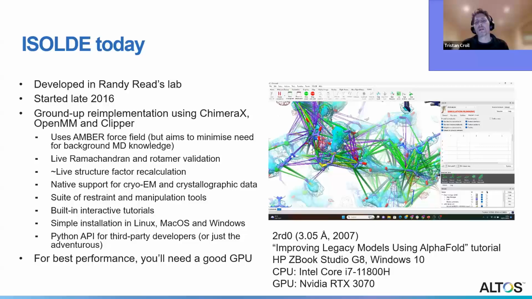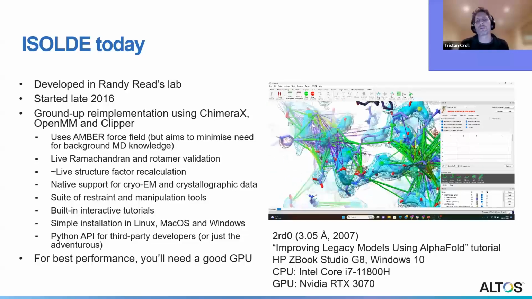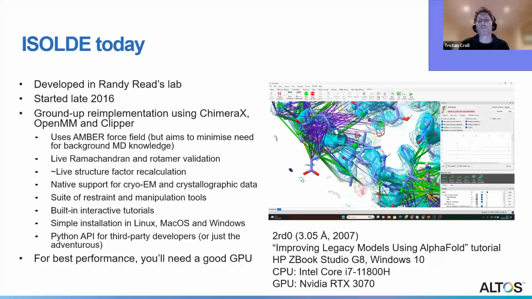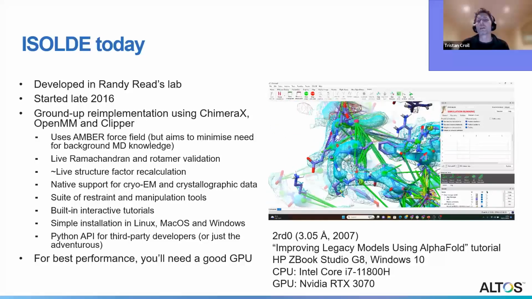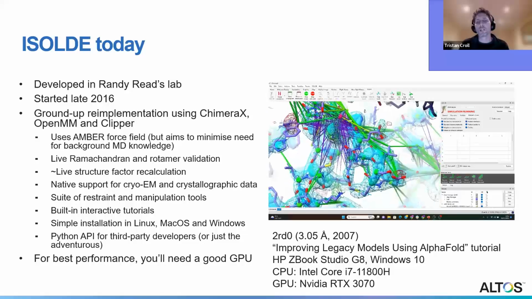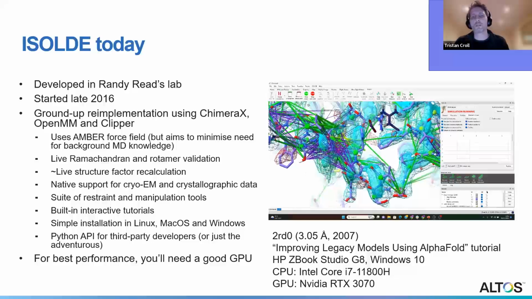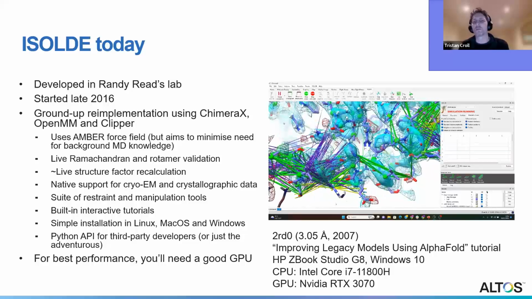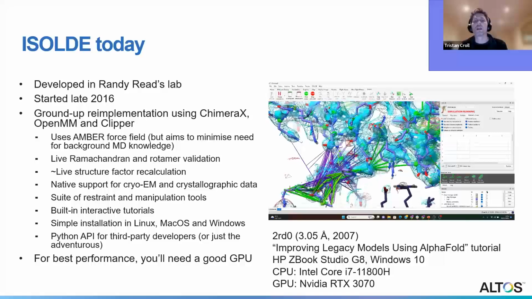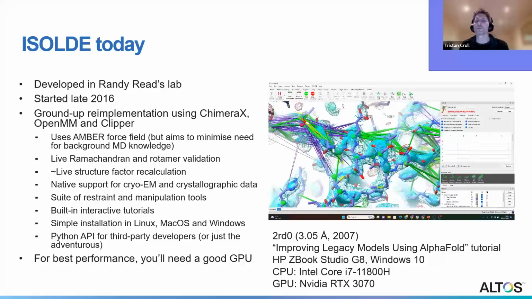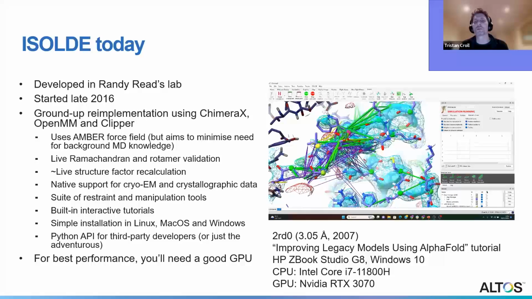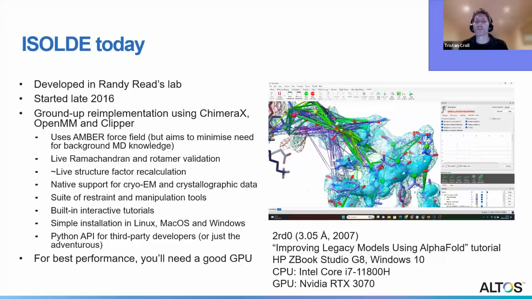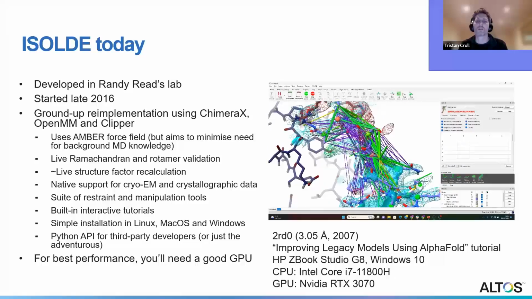And what you're watching here might be a little bit confusing, but this is one of the built-in tutorials of ISOLDE as it stands today, using a web of distance restraints based on an AlphaFold model to interactively clean up a very old legacy model, a 3 angstrom model from 2007, with many of the same sort of problems as I originally ran into in the insulin receptor, various out of register regions, the sort of thing that would have been a huge pain to rebuild pre-AlphaFold, but now in ISOLDE with these sort of restraints, it's actually a fairly straightforward tutorial that you can get through in the whole model in a few hours.